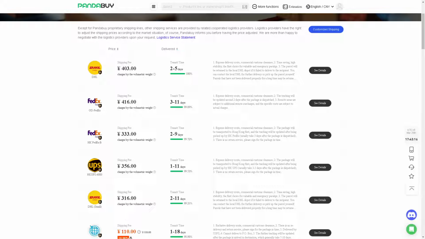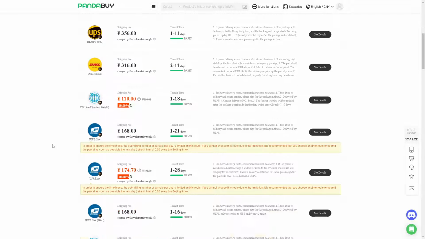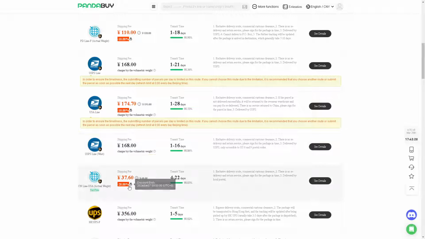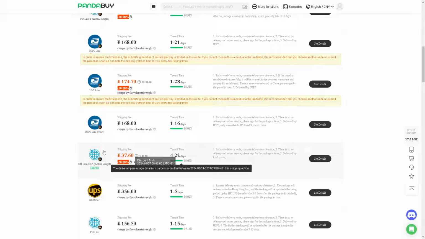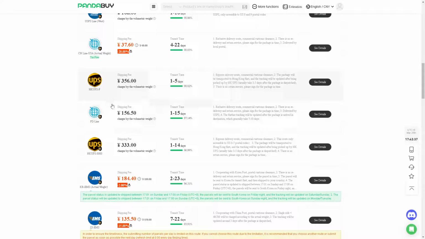But if you have the luxury of time to wait, you might want to opt for the longer shipping time, which is going to be 1 to 21 days, or they also have a 1 to 28 days right here, or from 4 to 22 days. I believe this is going to be the cheapest that you can see here. It's going to be 37 Chinese dollars. Now, when you click on it,